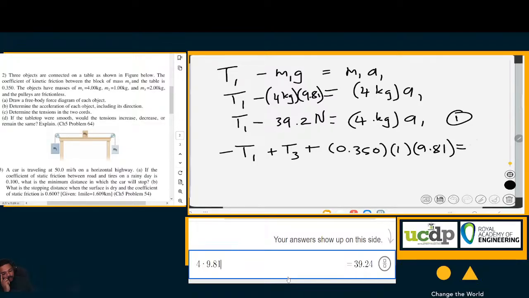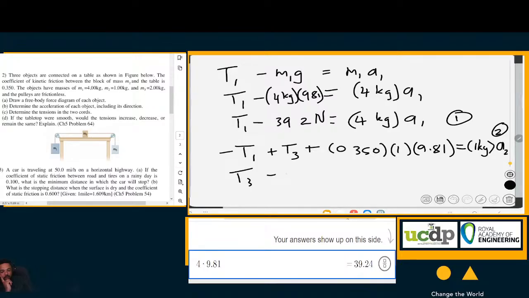and that should all equal to 1 kilogram multiplied by A2. Oh, let me write it there, it can fit in there, A2. 1 kilogram, that is A2. So that's the second equation. If you have your force diagrams, this becomes child's play. And then for the third one, we have upwards T3